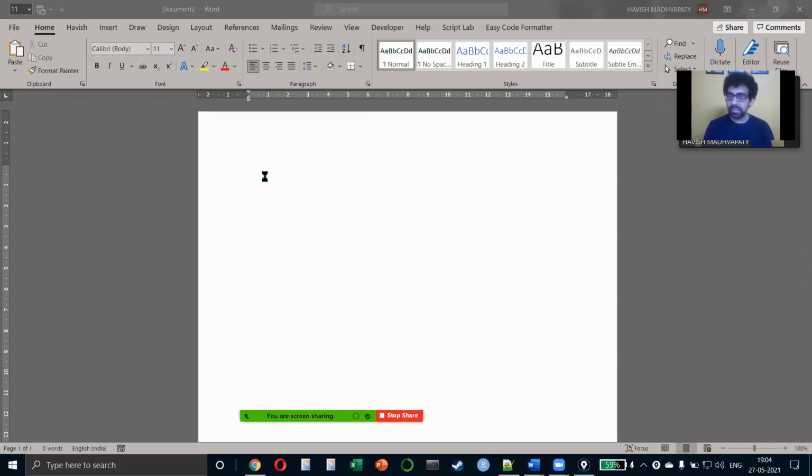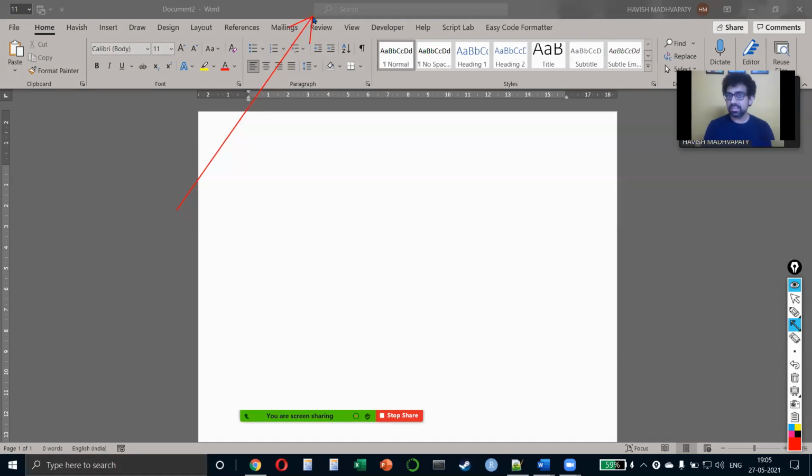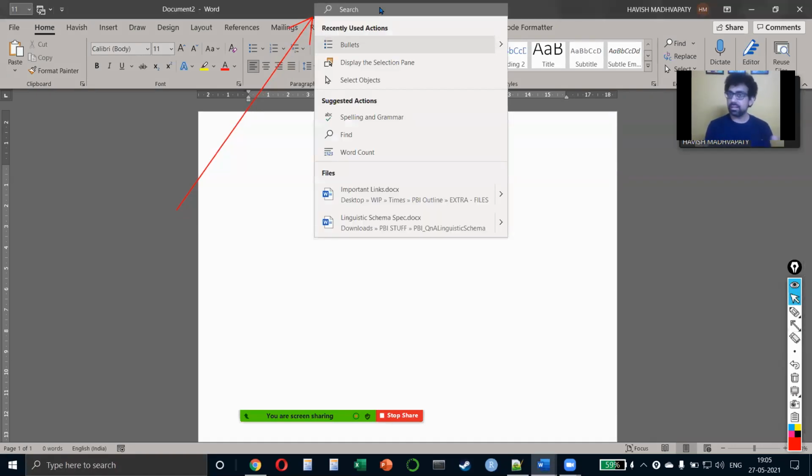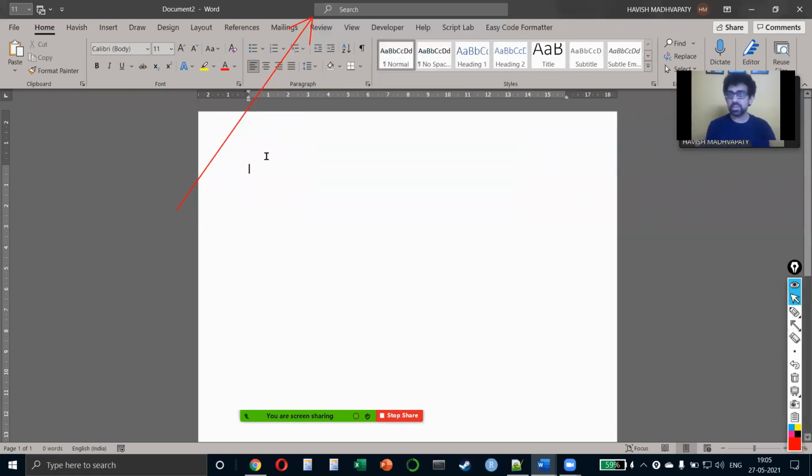So the query bar, everybody, is this search bar that you see at the top. And how this works is, this works in Excel, PowerPoint, Word. It's like a Google search bar for Microsoft. That means, let's take an example. Let us say I have written something. I'm just writing